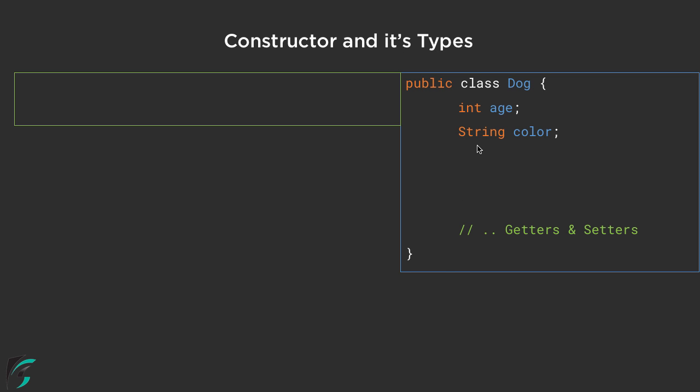So this is the basic template of a class. Public class Dog, define the field variables and also define the getters and setters and the methods if required. Now whenever we create an object of this class, we use this syntax: Dog dog1 = new Dog(). Now this right hand side, new Dog, simply creates a new object and this dog1 is actually the reference variable. We are already aware of this fact.